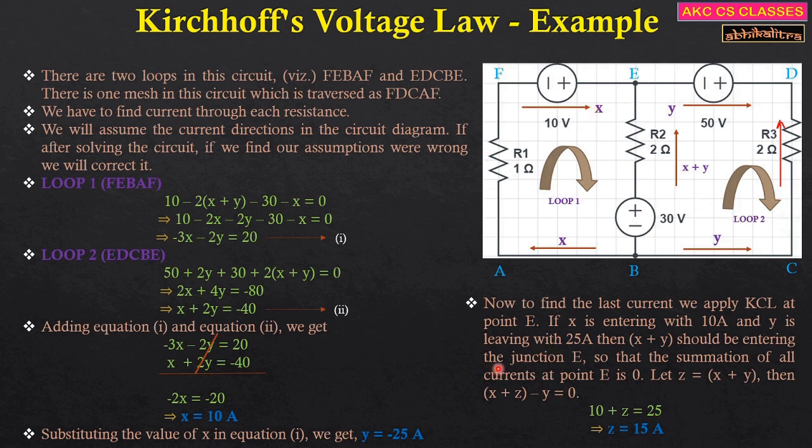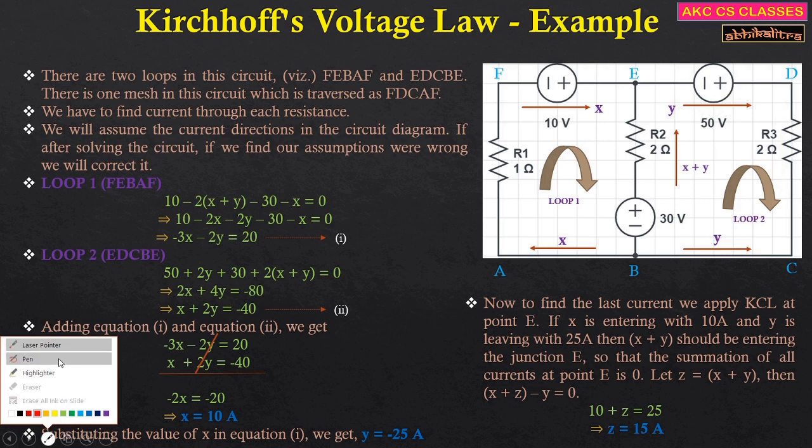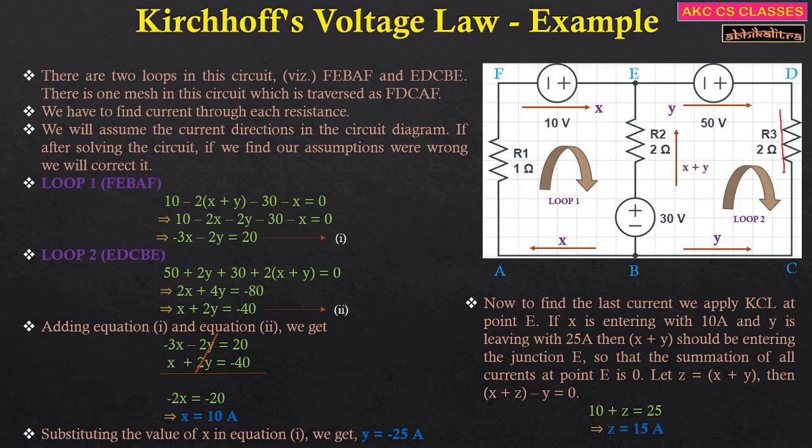We have solved the entire problem using Kirchhoff's laws. There's one direction that has to be changed, and that is y. It was moving in this direction, and it is now coming in this direction, right? So we are going to change this direction as well. Now it completes. So now y is moving in this direction, coming down from this resistor and going in this direction, again going back to this direction. So this is how we find the current through each conductor using Kirchhoff's laws.